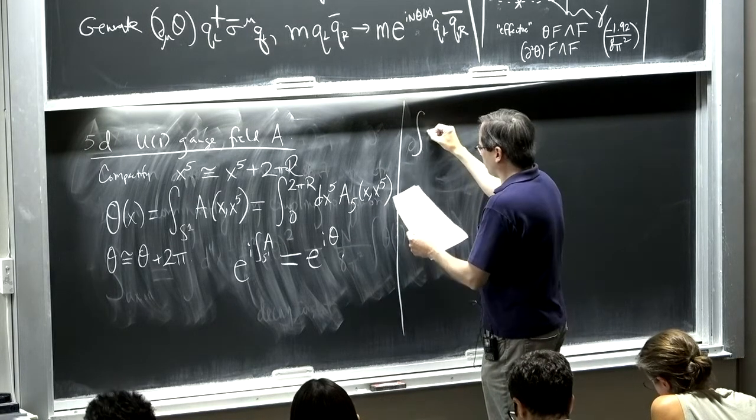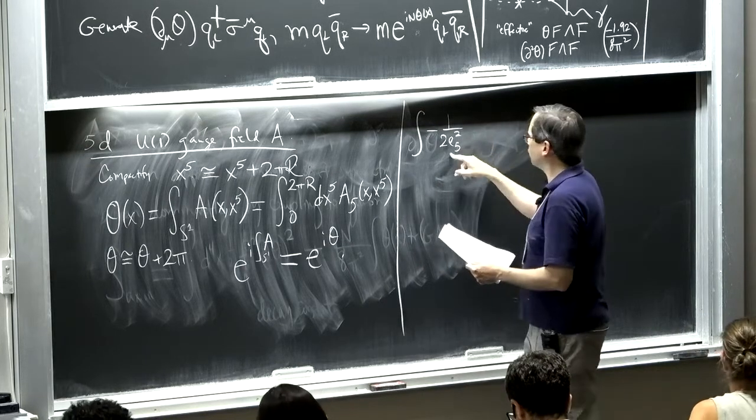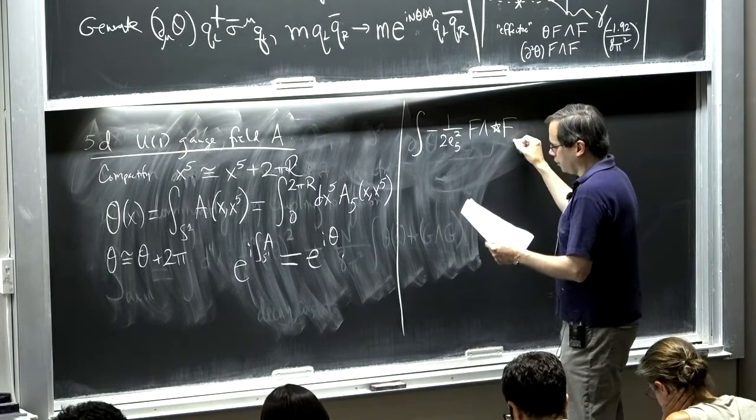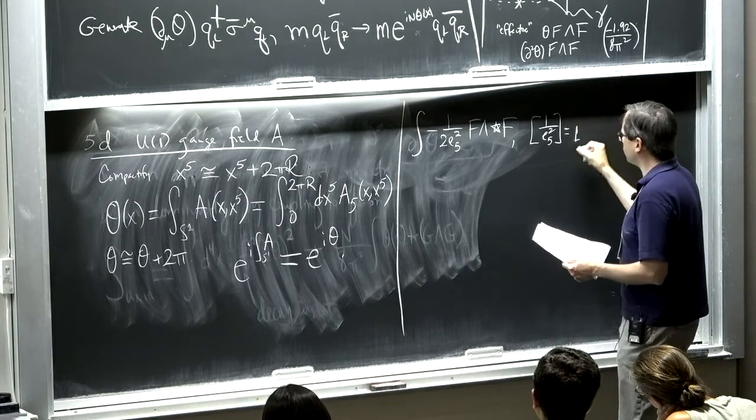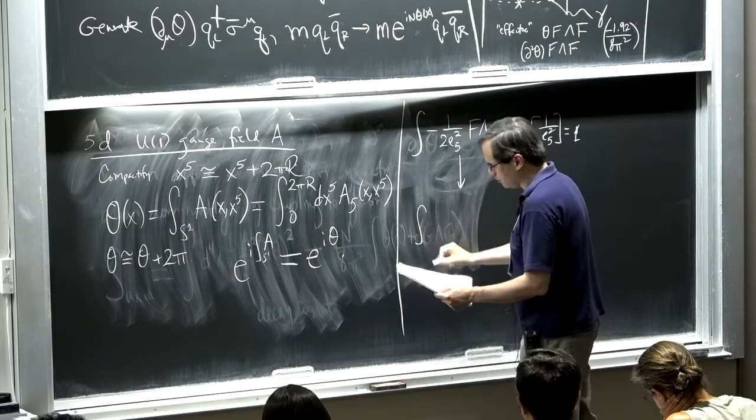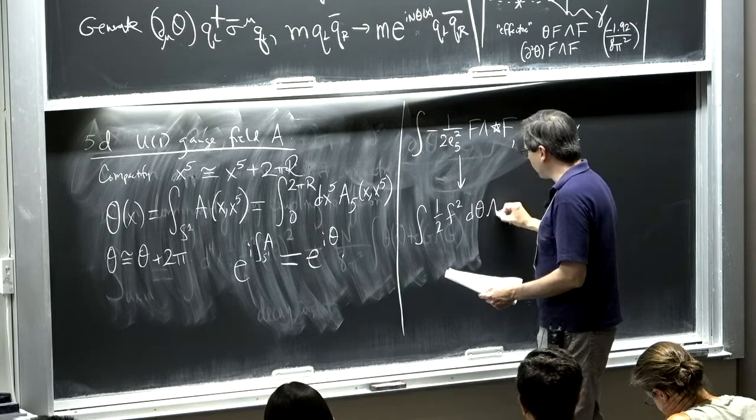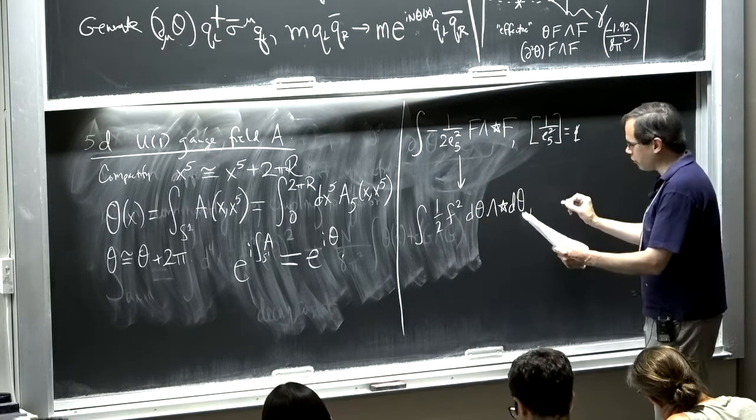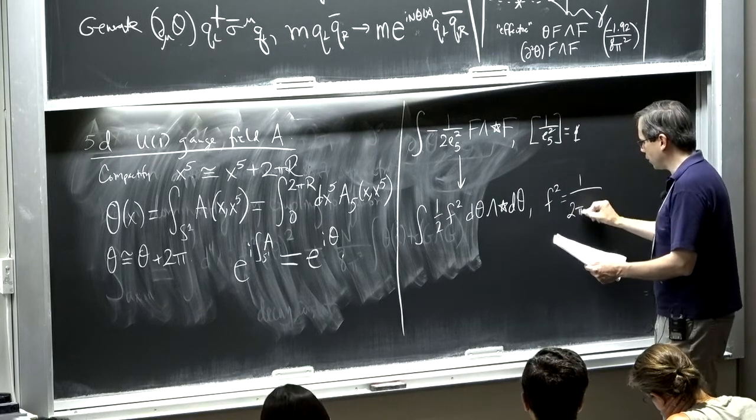In 5D, we had some kinetic term that depended on a 5D coupling constant for our U(1) gauge theory. In 5 dimensions, this coupling constant, 1 over e squared, has units of mass. When I reduce to 4D, I get my axion kinetic term out of this, where this constant f squared in front turns out to be 1 over 2 pi r